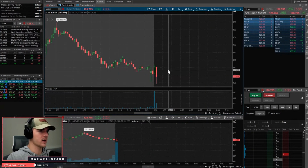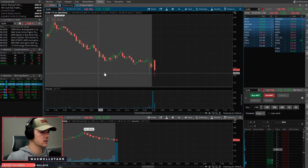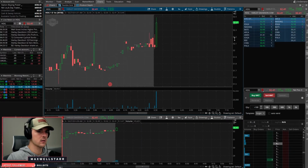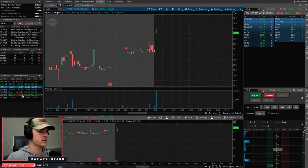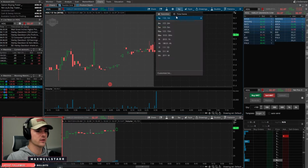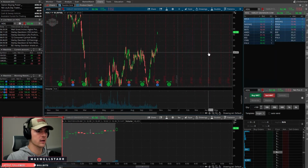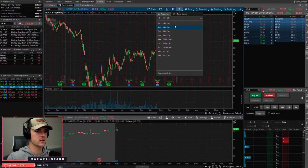All right, there's our pullback in XLNX. It's giving us a stop and an entry. We'll see where this body closes. It'd be ideal if it closes over 129. Missed HOG, this entry at 32.24. Said we're going to take this over the candle previously. Let's see what this one looks like. The thing about HOG and why I hesitate is because it's going right into some resistance. So it needs a good